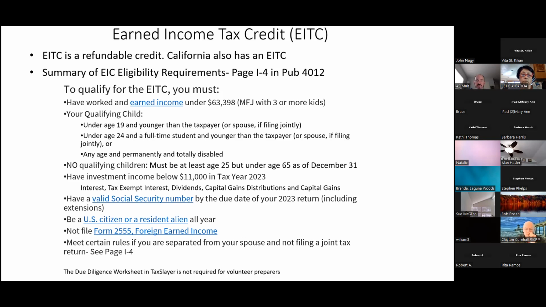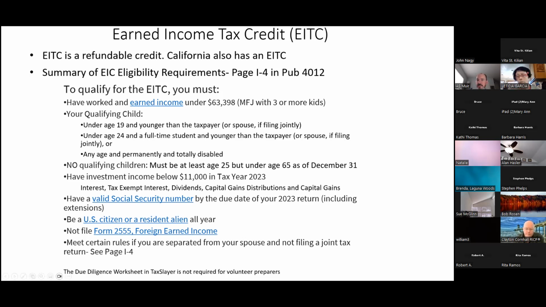So again, these are the basic rules, and it's incumbent upon the VITA volunteer to make sure you get that valid Social Security number, and all of these rules are met. And sometimes taxpayers say, why am I not getting EITC? And you can say, well, you don't meet all the rules, and you can show them India 4 from publication 4012, or that EITC publication that we talked about. But typically, a lot of people come to the VITA site because they are entitled to it, and their AGI and their earned income is below a certain amount.